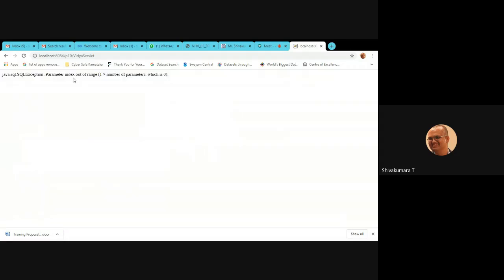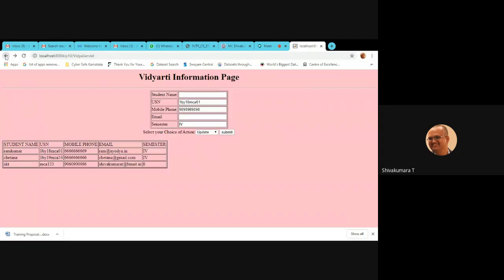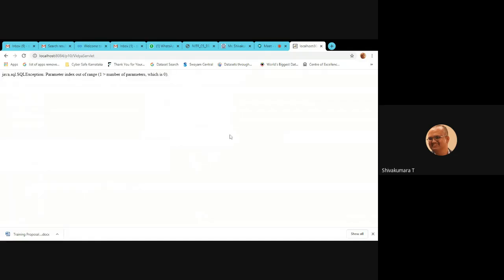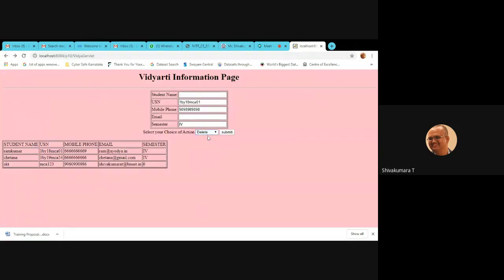SQL exception error, index out of range, number of parameters is 0. So some exception it is throwing. Let us debug for update. Then we'll go with the delete option. Select that USN, type the USN, submit it. Again there is an index out of range exception. So we'll check that also.